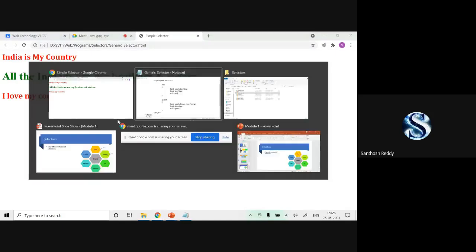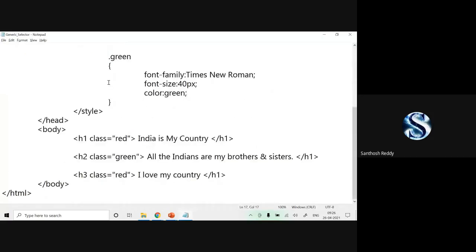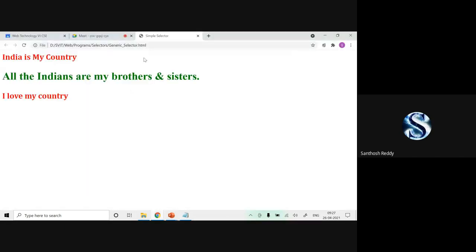But you need not make use of generic only here. If there is this, you can make use of h2 dot. You can make use of this type of selector. What is this type of selector called? What is the selector name? When I'm specifying class, exactly. See, when I specify like this also, my property doesn't change anything.